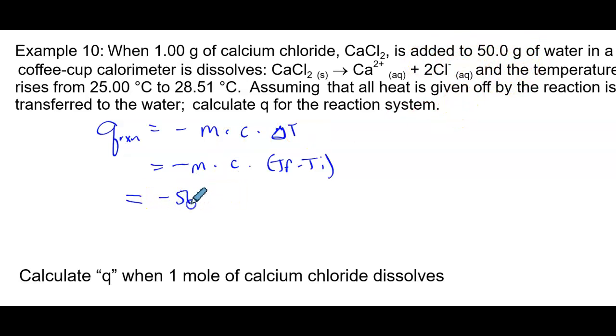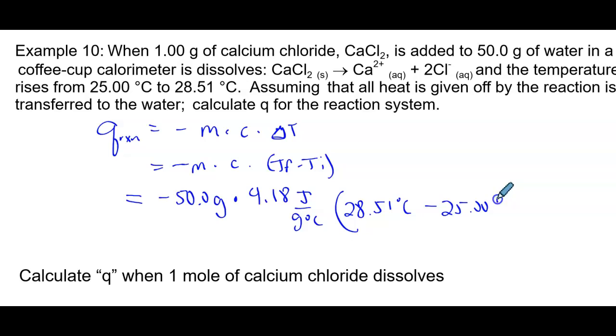So we're going to take negative 50 grams times 4.18 joules over gram degrees Celsius. My T final is my ending temperature, 28.51 degrees Celsius, minus my T initial, 25.00 degrees Celsius, and then we're going to get an answer here. So we got 50 times 4.18 times parentheses 28.51 minus 25, close parentheses, and then I can't forget about that negative I have out there. I just didn't write it on my calculator. We get negative